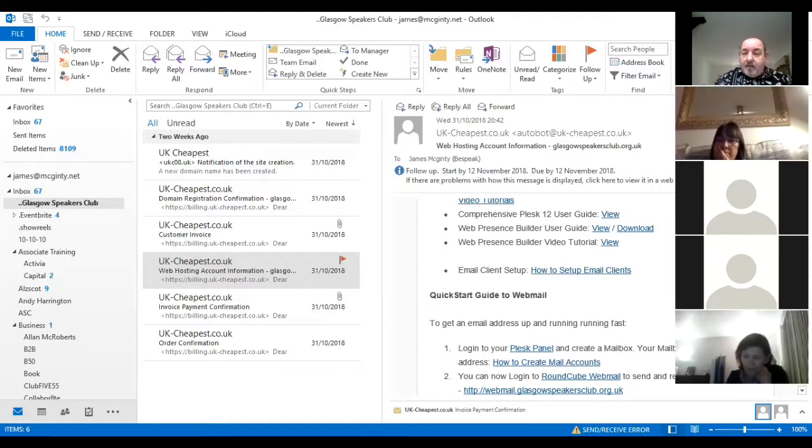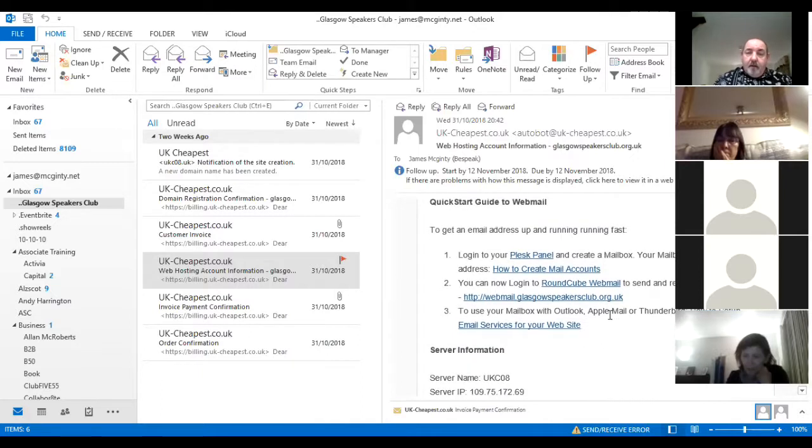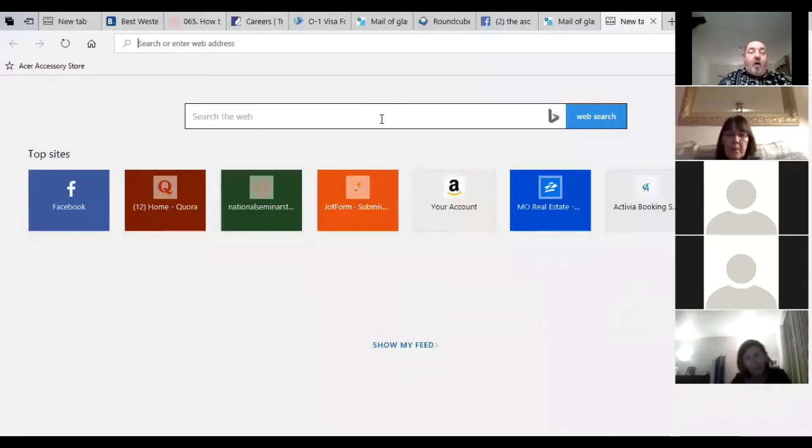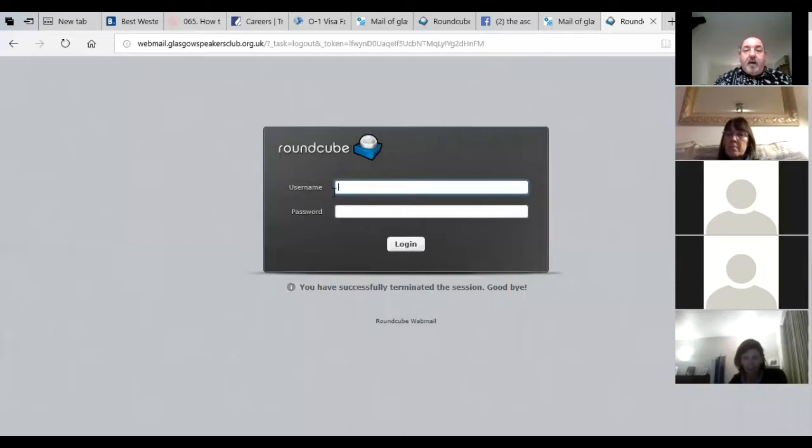But you also get a webmail link. So you can take this link here. Fine. So I've copied that email web link, and I'm just going to paste it into the address. It takes you to this, and you put in the username. So with secretary at Glasgow Speakers Club.org.uk, and